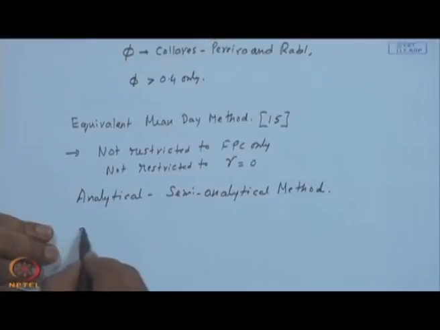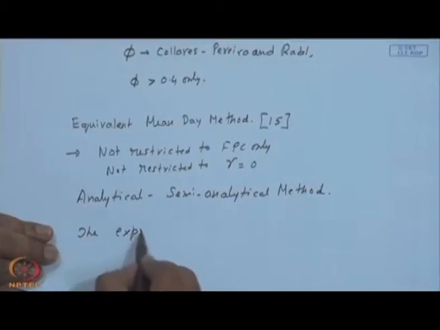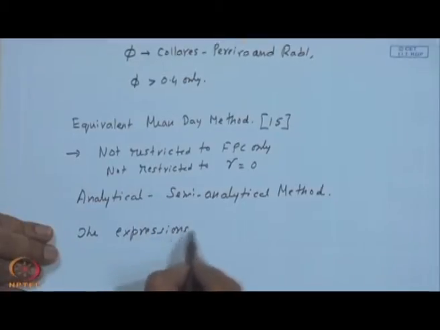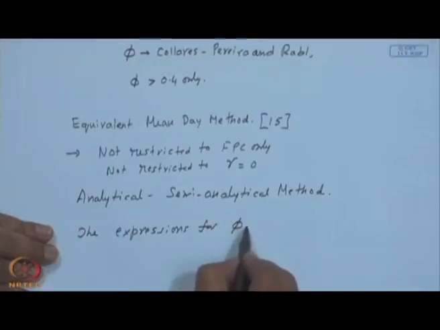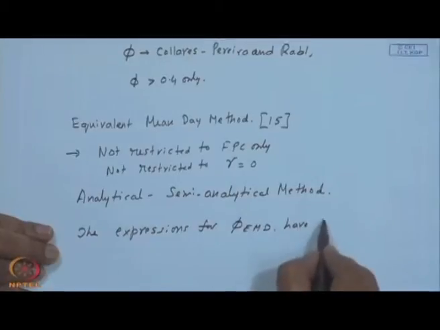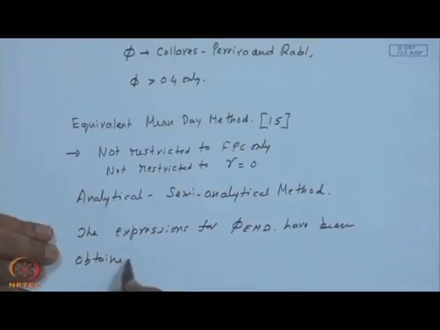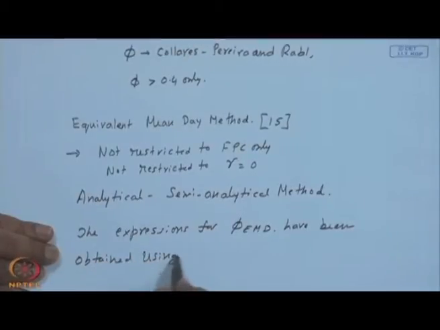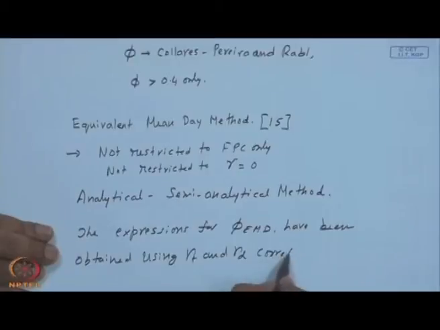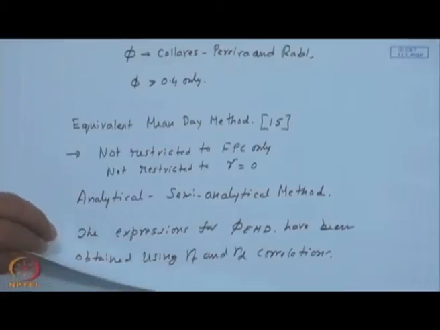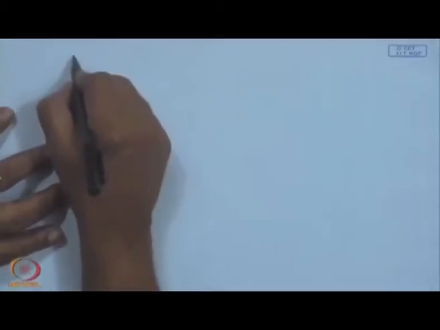The expressions for the utilizability on the equivalent mean day, which I will call phi MD, have been obtained using the RT and RD correlations. I shall elaborate on this a little later. Before that, I would also like to point out the variable